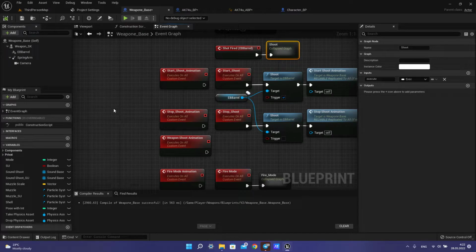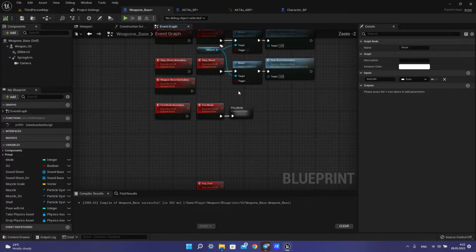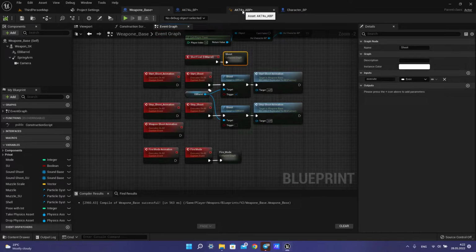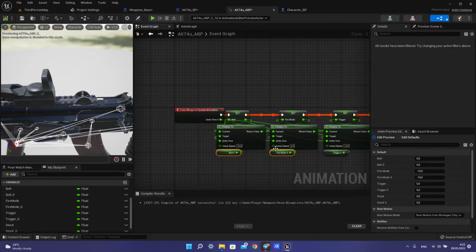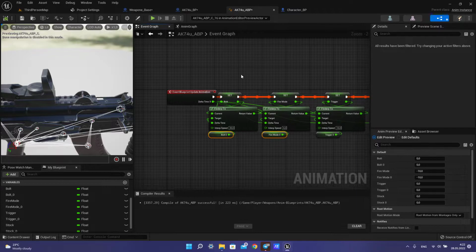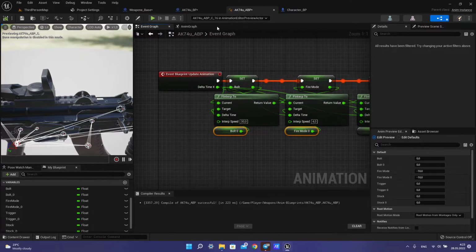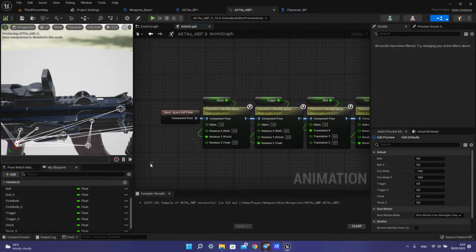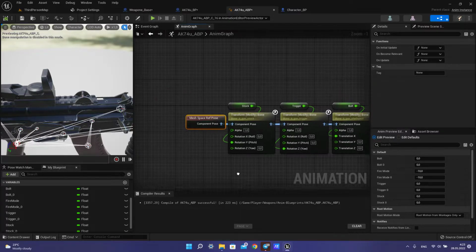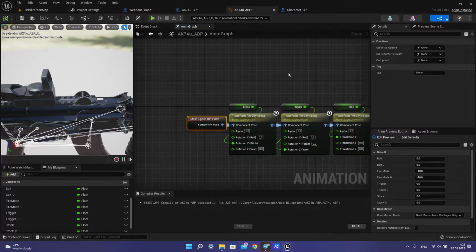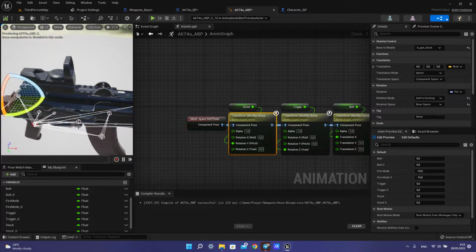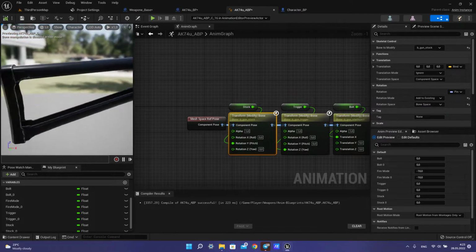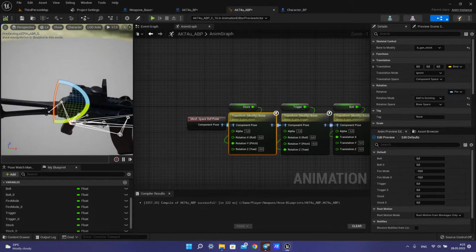So then you need to open any blueprint. How to create any blueprint you can find in other tutorials. So you need to create mesh space first, then transform modify, then if it must be rotated like stock,